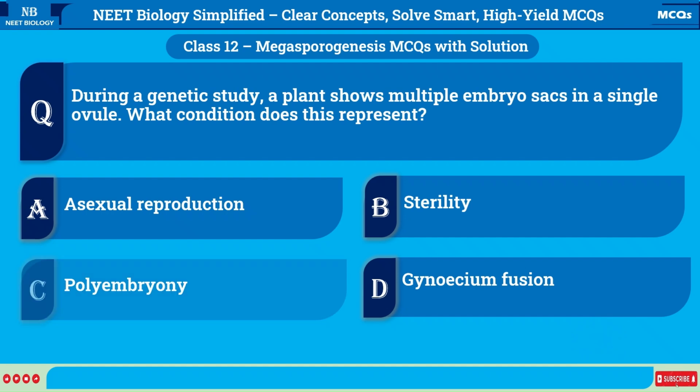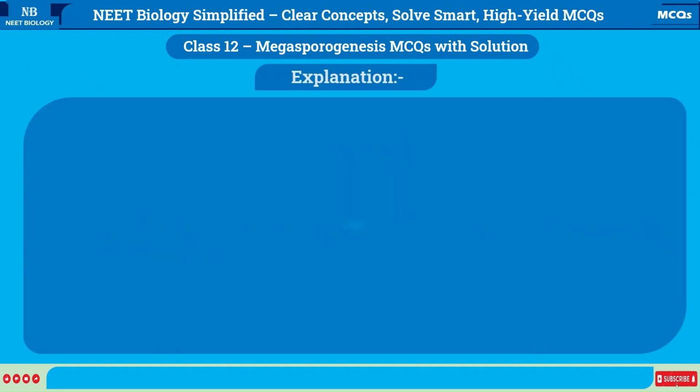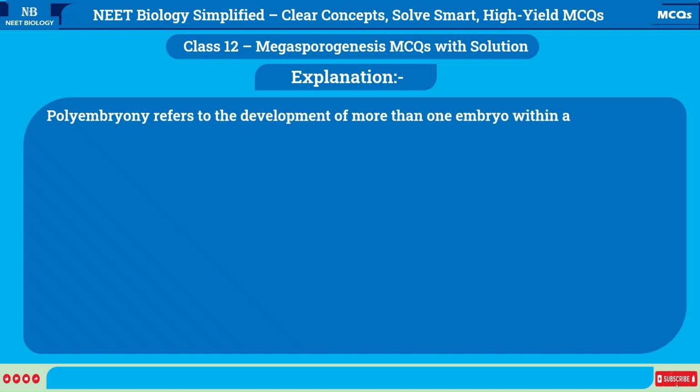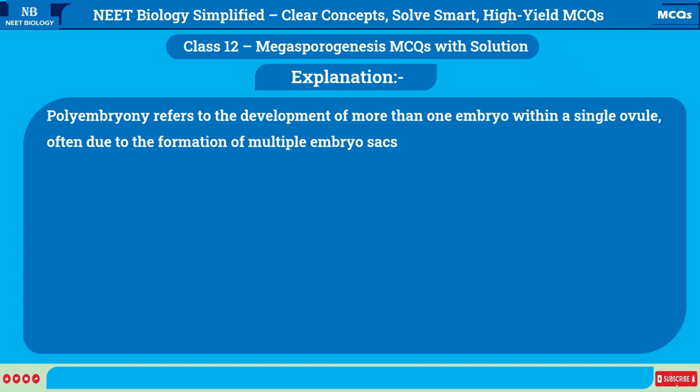Correct answer is C. Polyembryony. Explanation. Polyembryony refers to the development of more than one embryo within a single ovule, often due to the formation of multiple embryo sacs. This is a deviation from the norm, where a single functional megaspore gives rise to one